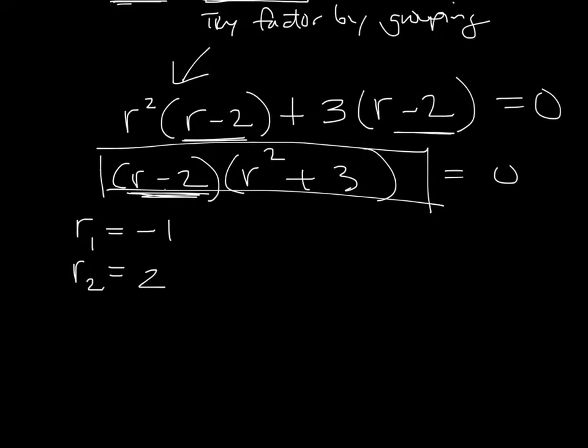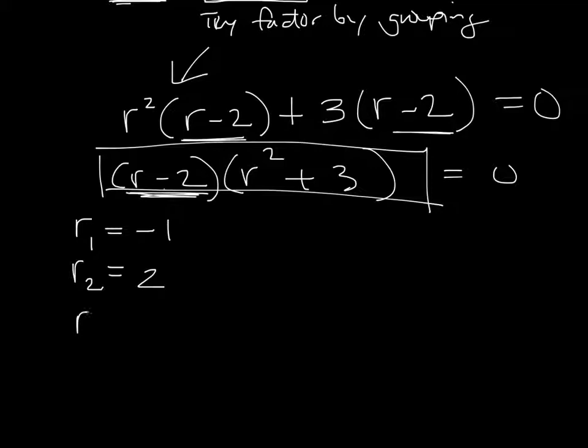So now what is R3 and what is R4? Because it's a fourth order differential equation, or from our characteristic equation, it's a fourth order polynomial, or I should be careful, I shouldn't say order, fourth degree polynomial when I'm referring to the characteristic equation. So here are my, again,